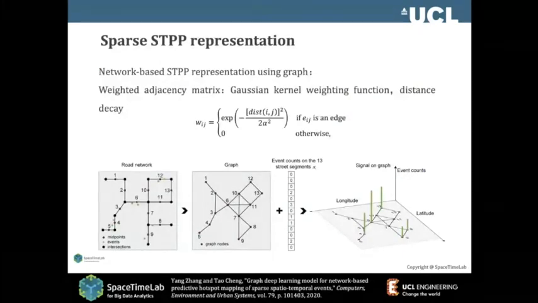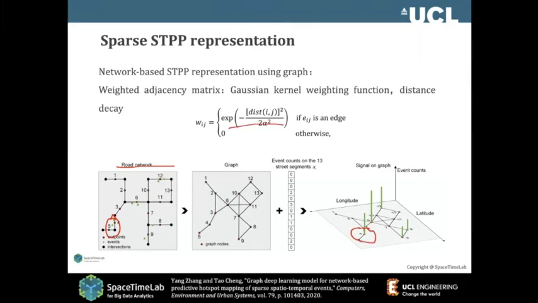Again, you can have a network, nothing new. This is the road network. It's the same as we did before, but because the crimes are happening around the network, those green dots, we want to put them into the network. So we slap them onto the network and then use the middle point as the node of the graph. So all the things that happen around this segment then become a single node on this graph. That's how it's being represented.